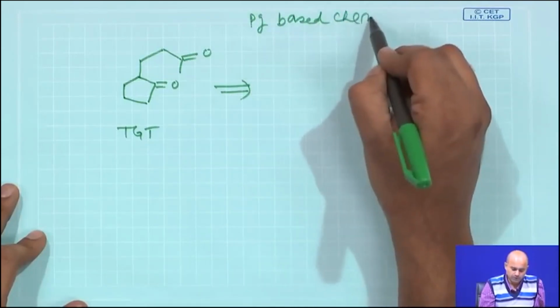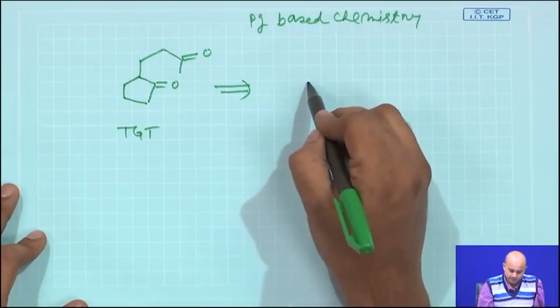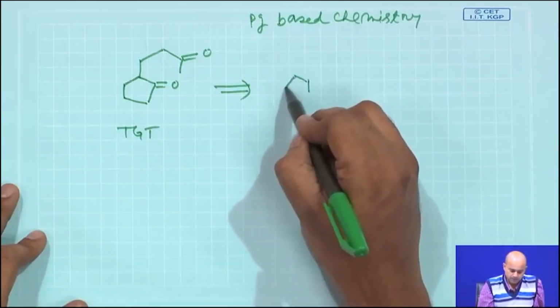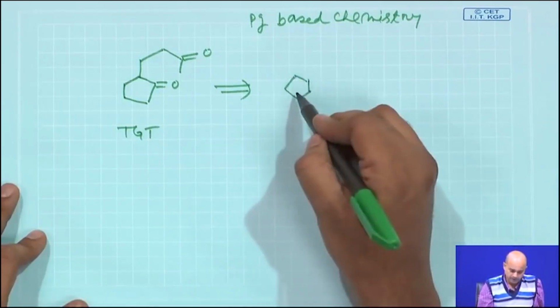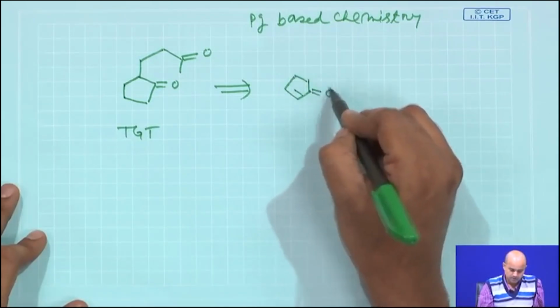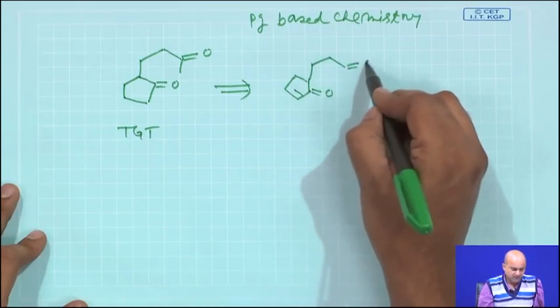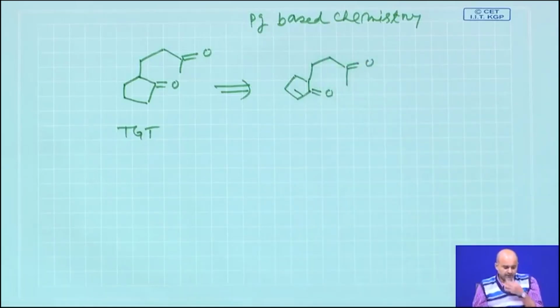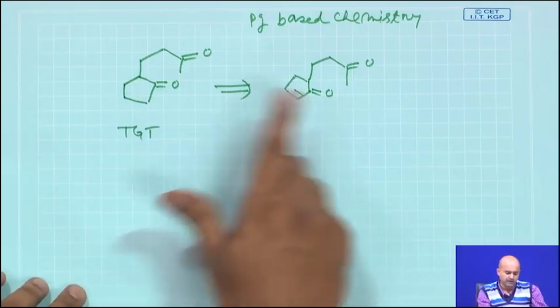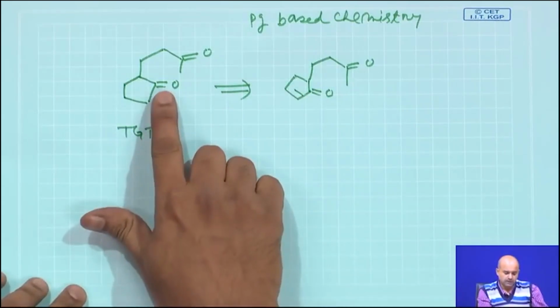We talked about protection group based chemistry and how different protection groups help. The starting material which I have given you here is this. So, in reality, if you closely analyze these two compounds, you will find that the target molecule